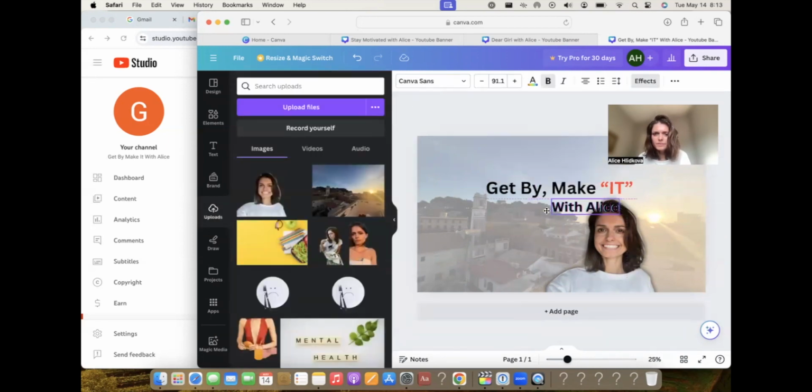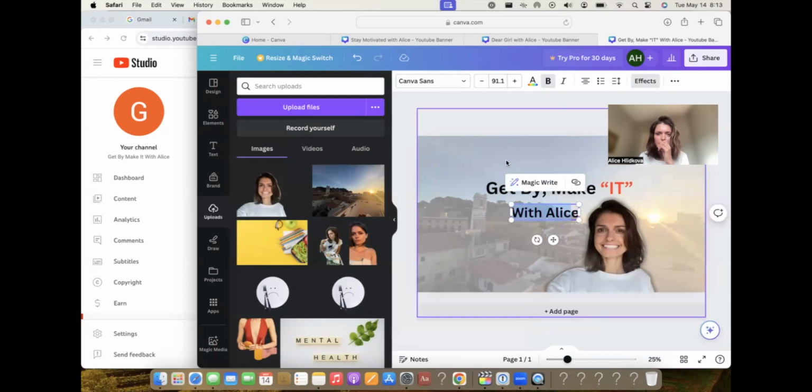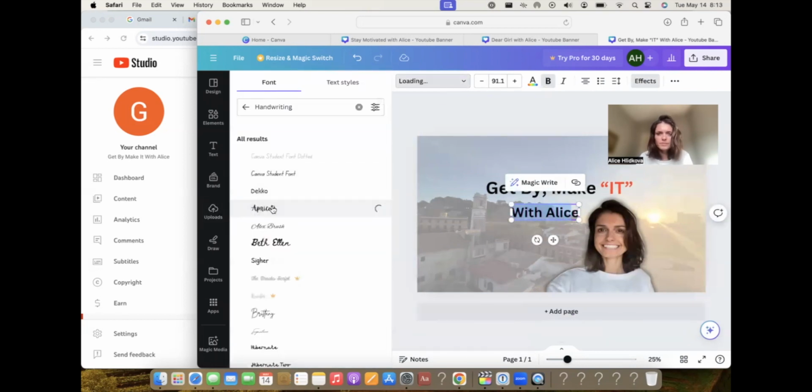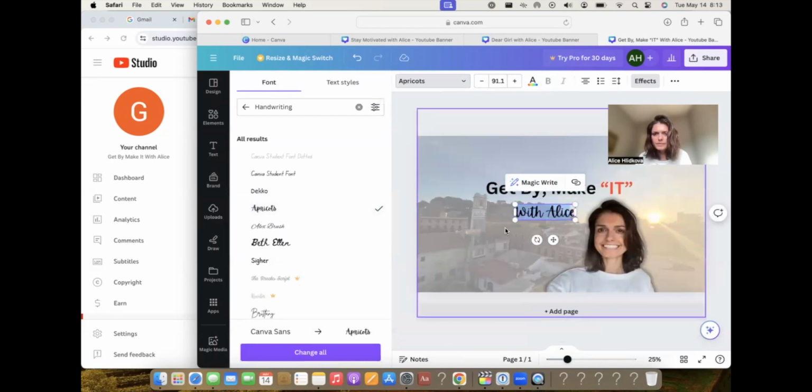Oops, sorry, let me select. I know why I don't like it, because it has a partially dark background and a light background. But we can do all of that later with Alice. That's kind of cute.